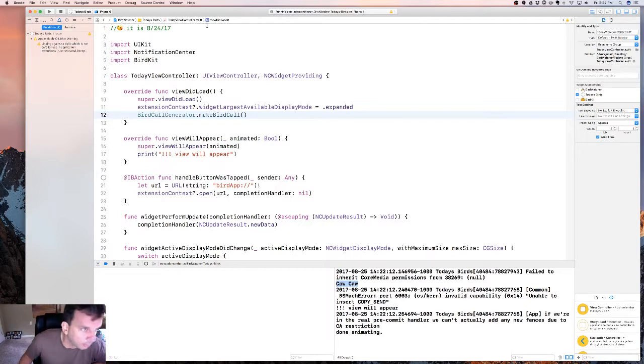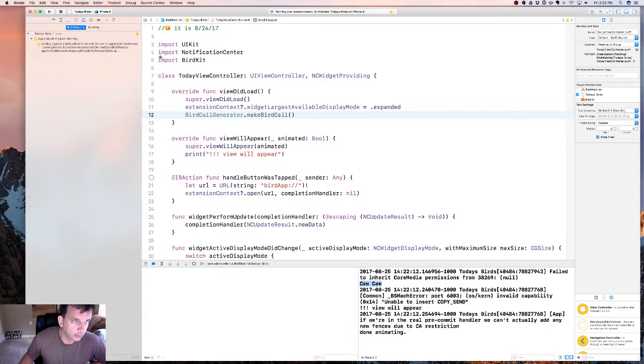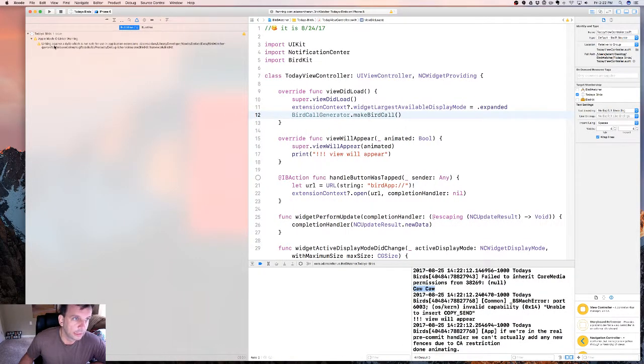Now, let's read this error and talk about it. Warning, linking against the dylib, which is not safe for use in application extensions. So it's saying our BirdKit is not safe for use in application extensions. So what we're going to do to fix this